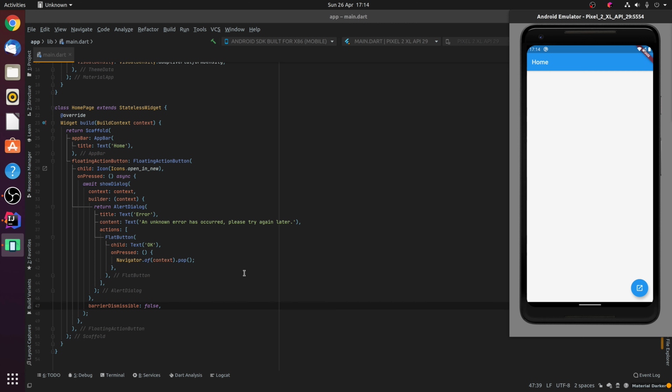Essentially then, the main difference between the alert dialog and the simple dialog is that the simple dialog displays a title and a list of options, whereas the alert dialog is somewhat more flexible, allowing you to display a title, some content, and then a list of actions. For example, OK, yes and no, or a confirmation action,